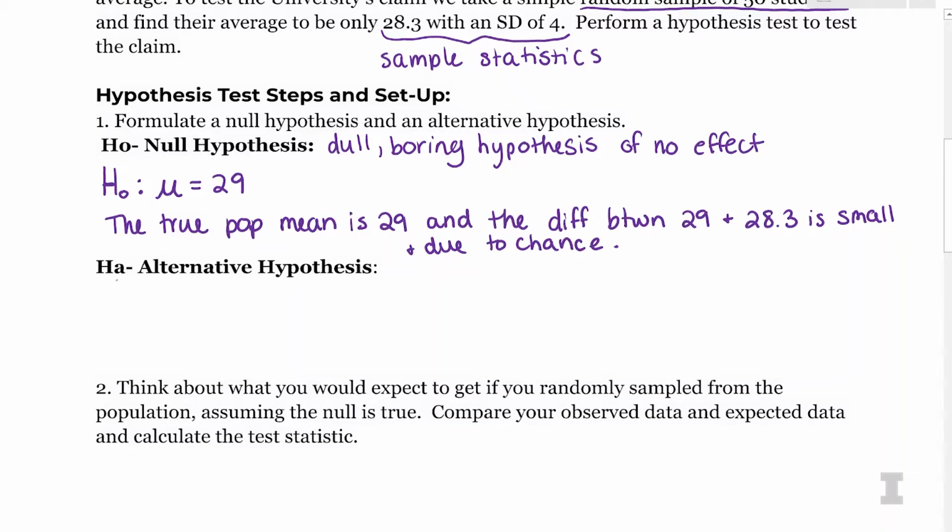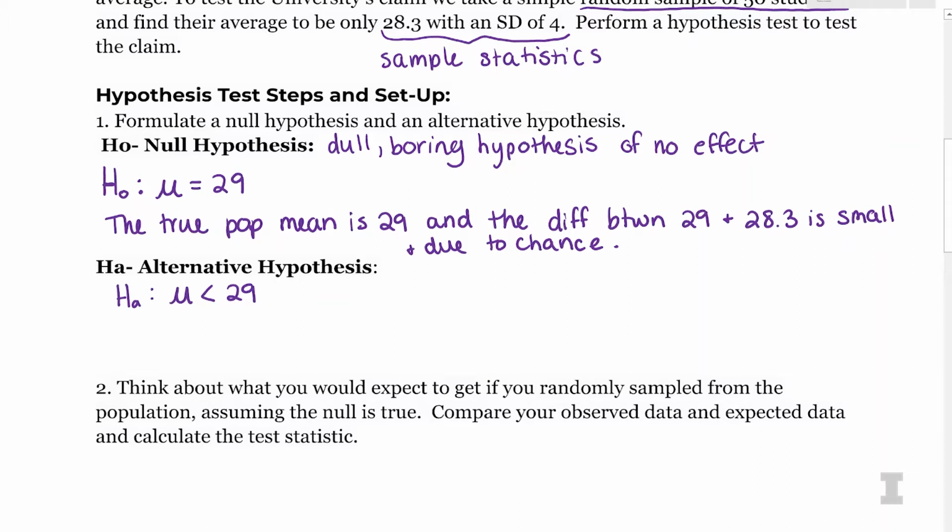So in this case, if I was going to write it in symbols, I would write H, and then to represent the alternative hypothesis, I do a little a, or sometimes you'll see a little 1 for 0 and 1. But I'm going to use the little a, and I'm going to say that the true population mean is actually less than 29. So I'm specifying, because we think they may be inflating the average, that we think the average is actually lower. And then again, I would want to write something to that effect in words.